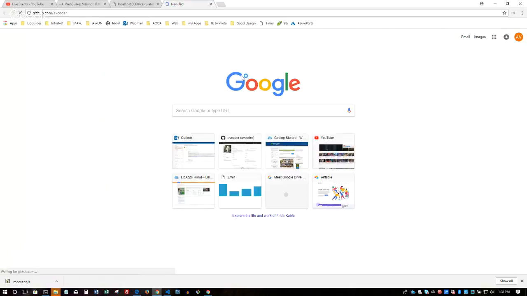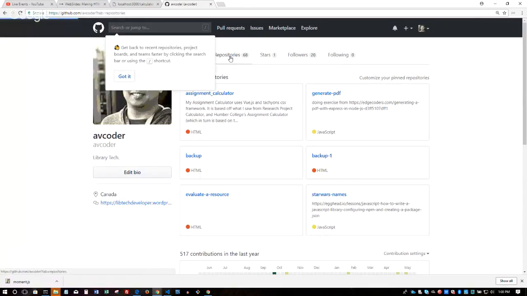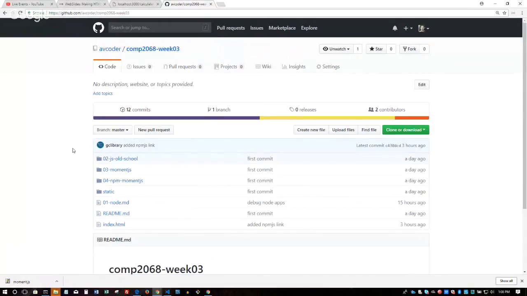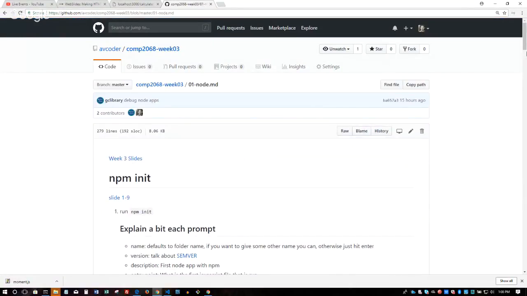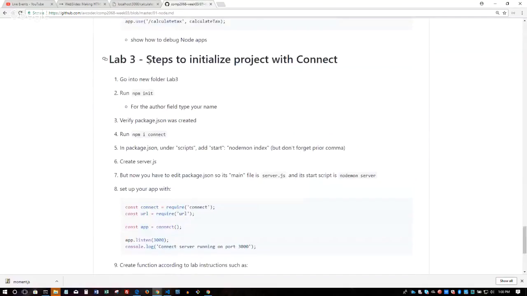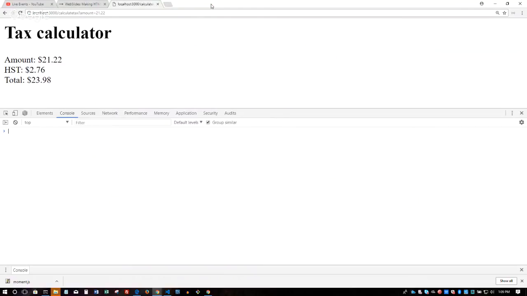So here are my notes that I'm reading off of whenever I teach. At the very end, I actually have some tips for you. So lab 3, steps to initialize the project with Connect. I have some tips in case you're really stuck, but try not to use that. Okay?